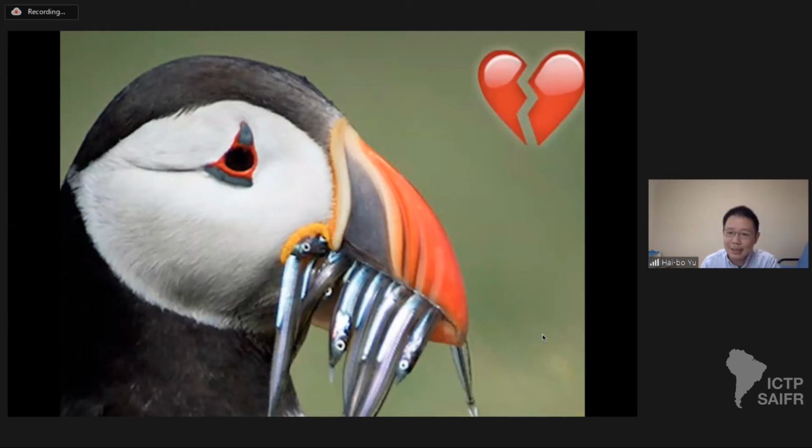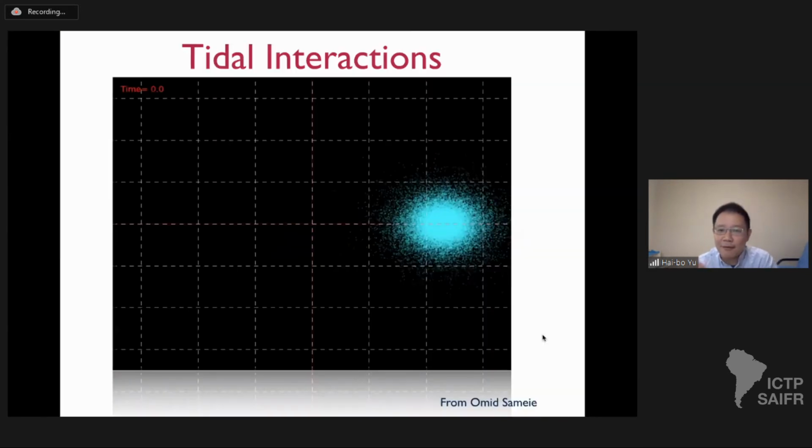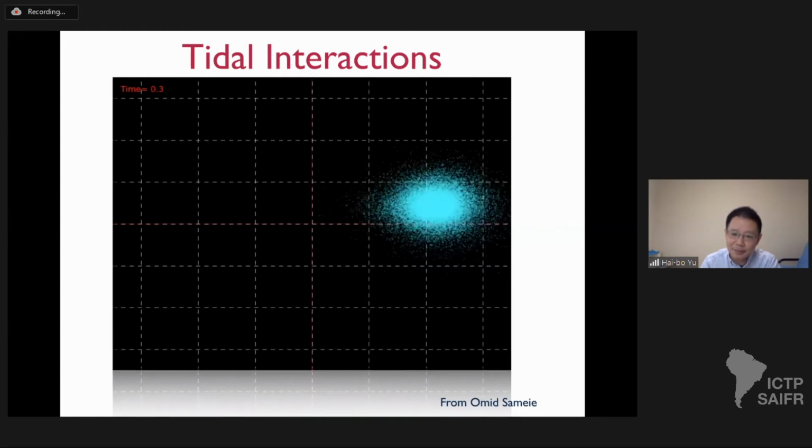But satellite galaxies are subtle because they have been evolving in the tidal field of the Milky Way for over the past 10 Gyr, right? So something is going to happen if the object is moving around in the tidal field of the Milky Way. Here's a little movie to show you what happens. This blue blob indicates a dark matter halo. If you look at the inner region, it's very bright, which means the density is high. And it evolves in the tidal field of the Milky Way. We ask what happens.